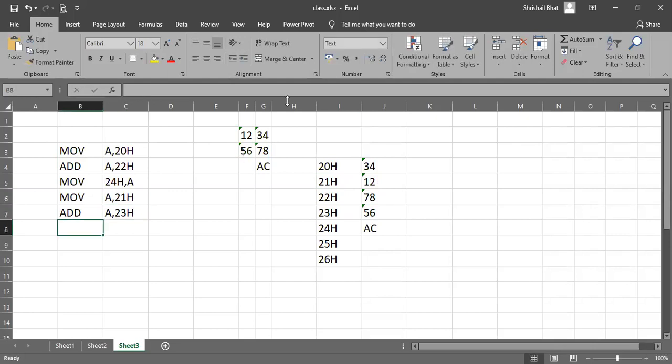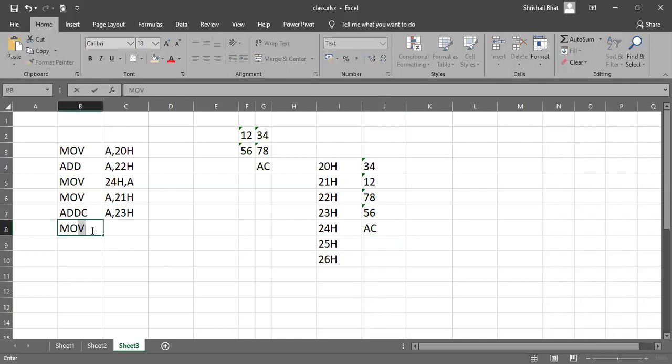And while doing that, you have to take care of the carry also. That's why instead of just add, you need to add with carry. Add with carry A comma 23H. So if at all there was a carry, it will be added along with the numbers 12 and 56 in this case. The sum is there in the accumulator. I have to copy it to 25H.